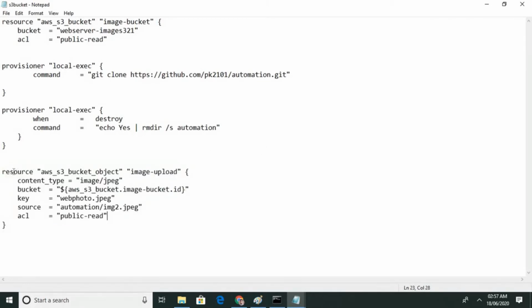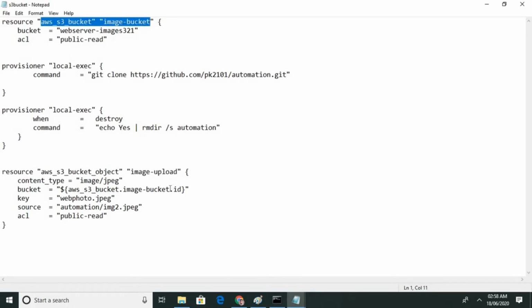Okay, so here again we are creating a resource, a file inside a bucket. The file content type is image and the content format is JPEG. In which bucket do you have to store it? I have to store this in this bucket.